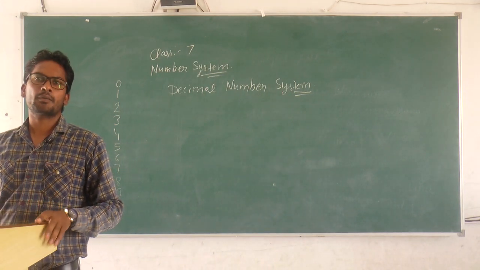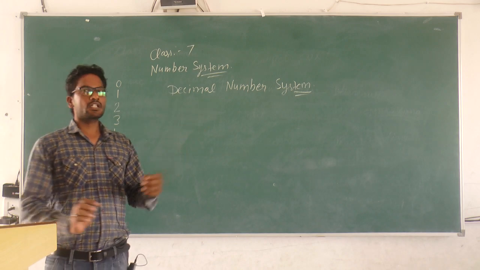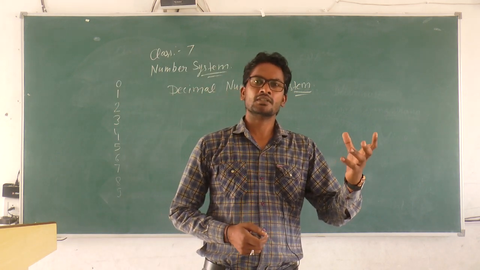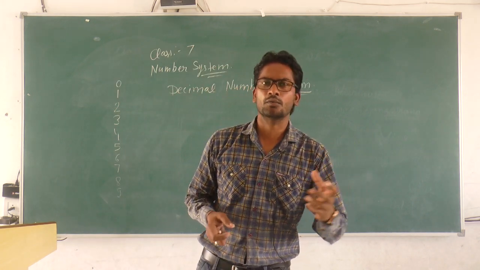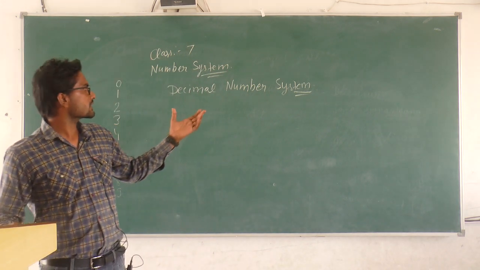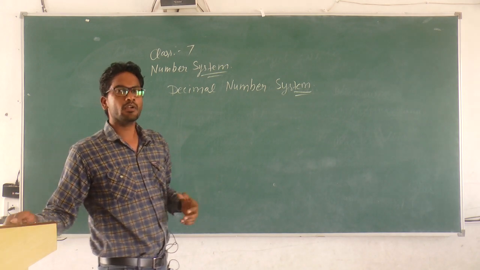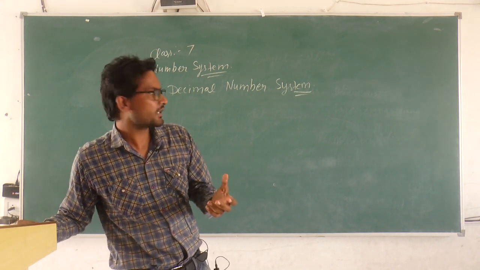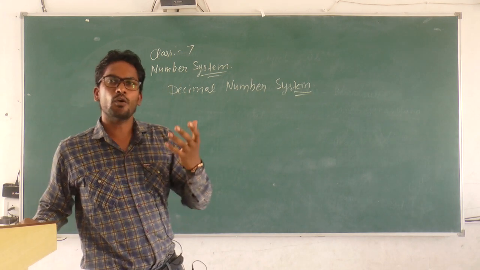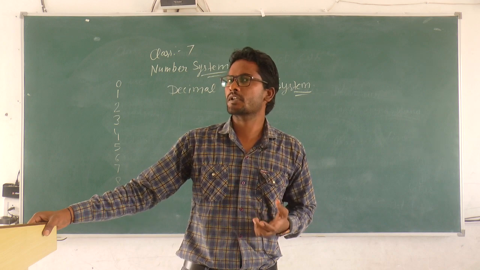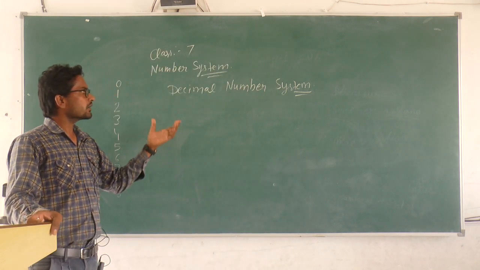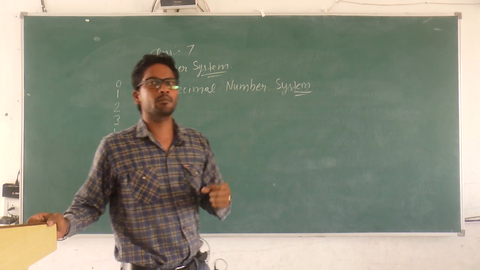First of all, we will discuss what is the use of this number system. Friends, in old days also, people used many things to count. Nowadays also we are using number systems to count things. Now we have various types of number system in the computer, like decimal number system, binary number system, octal number system, and hexadecimal number system. We will discuss all of these number systems, but here we are discussing the decimal number system.